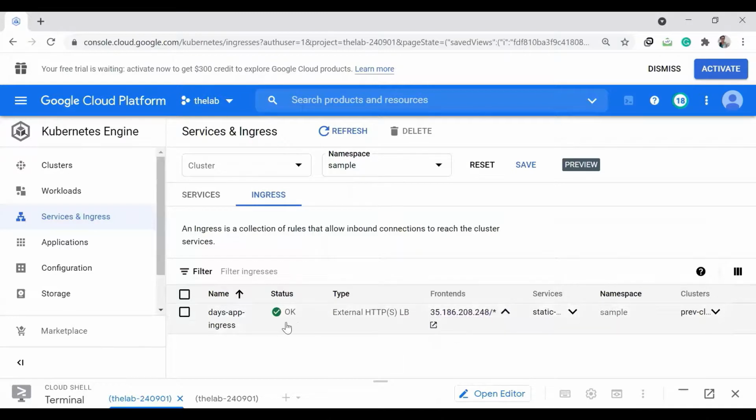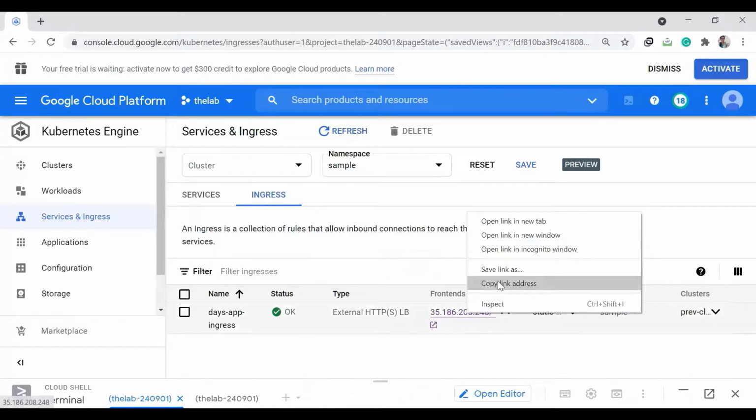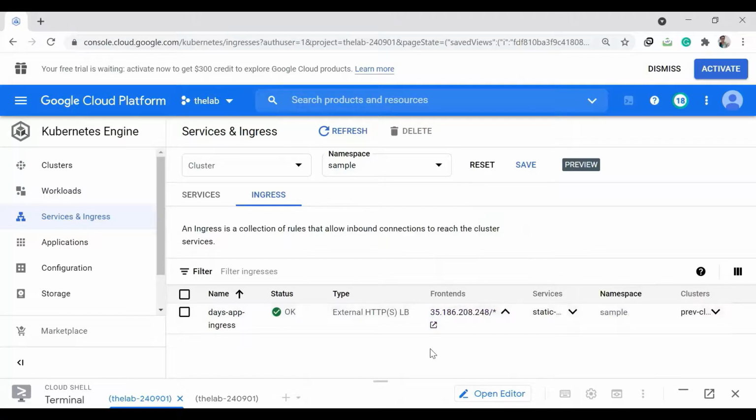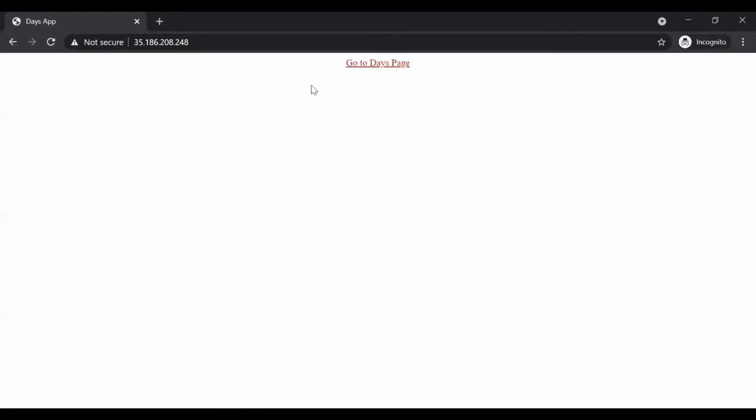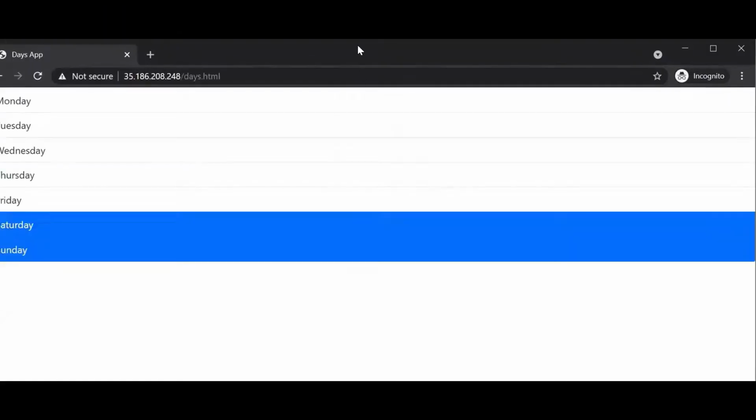Sometimes this might take some time to appear, because it has to set up the ingress and all the routing configuration with the ingress controller and set up all the background services, right? So for now, just copy this link, go to a new incognito mode tab, paste the link. Okay, now we can see this, right?